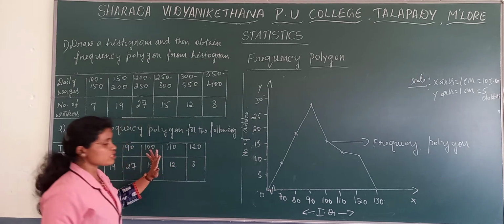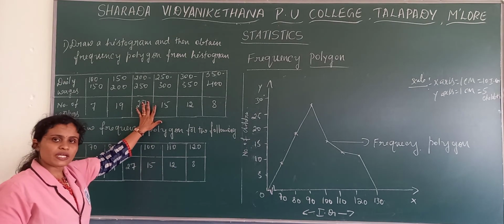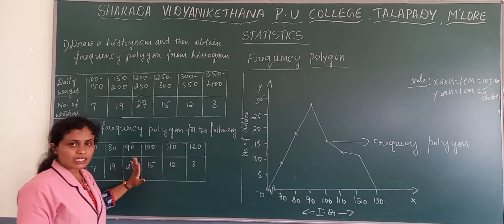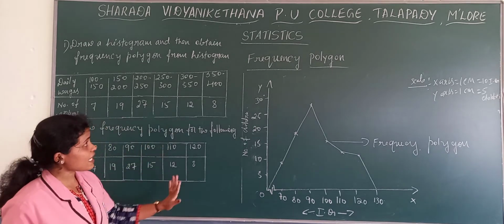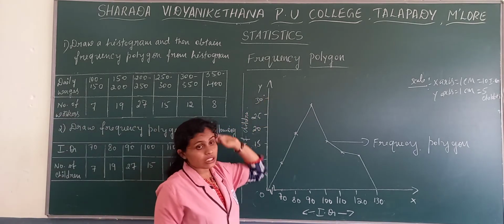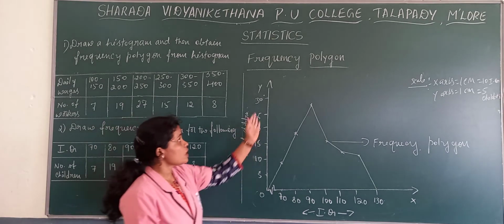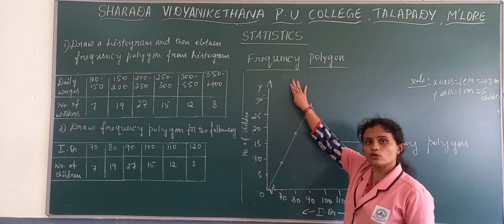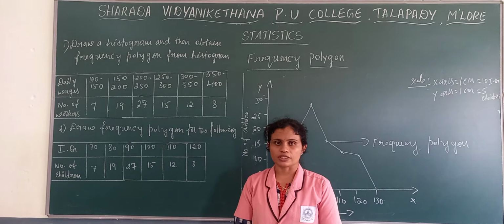Here only two possibilities: one with continuous frequency, by drawing a histogram, and one with discrete frequency, where drawing a histogram and all is not necessary. So with this I think we can complete the topic of frequency polygon. As I said, one more graph is there, that is the frequency curve, which is very much connected to the frequency polygon. We will see next what type of curve it is.